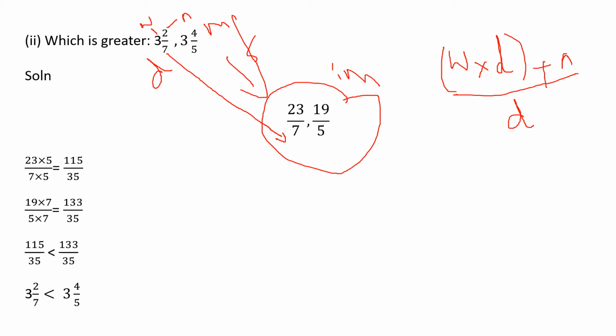So cross multiplication, you do it and write down the answers, then compare it. Which is greater? 133 is greater. So 3, 4 by 5 is greater. Okay, is it clear? So here you want to recall about LCM method, cross multiplication method, reciprocal. So all things you have to recall, right? Same calculation what we have done in chapter 2. Okay, so I think you are very good in that, you will do it. Now let's see the next problem.